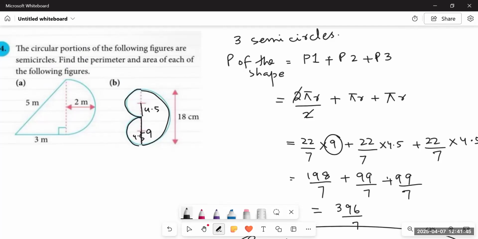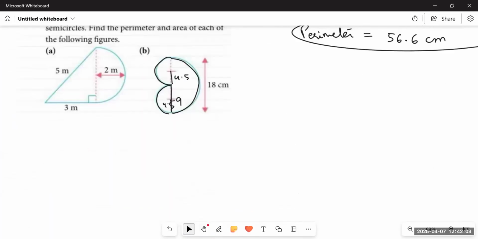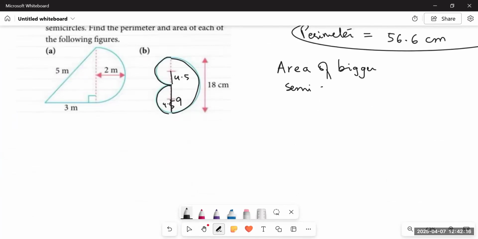So what we did, we simply applied the formula of pi r because it's the half circle, the semicircle. We do not have to apply 2 pi r because that we apply for the whole circle. And after doing that, it's very simple since we have 3 circles where 2 of the circles are identical. So we have to find out the areas of the bigger circle and then the area of the 2 semicircles that are smaller.